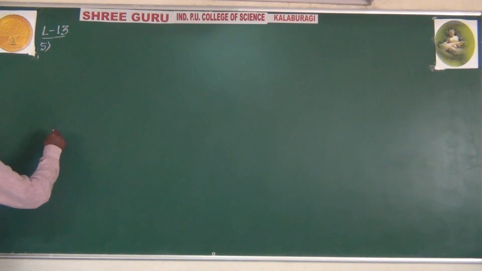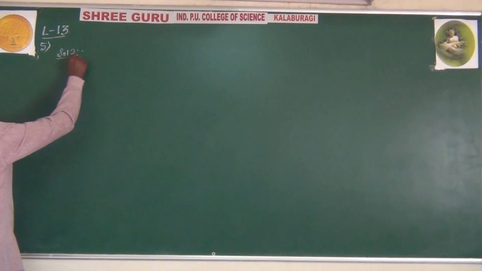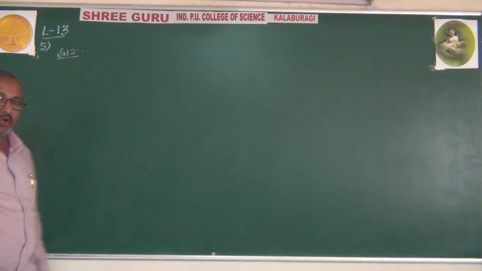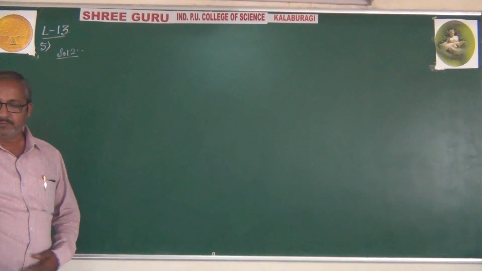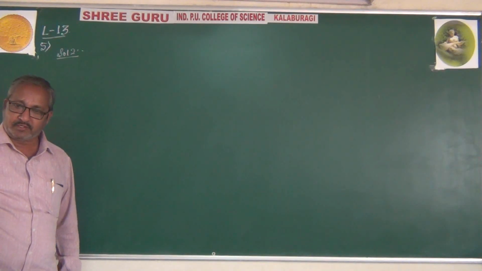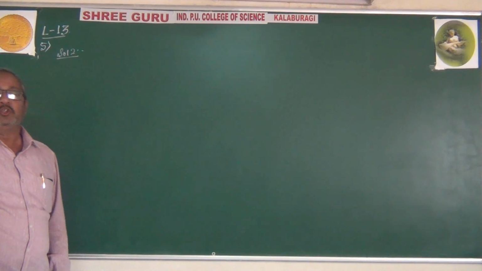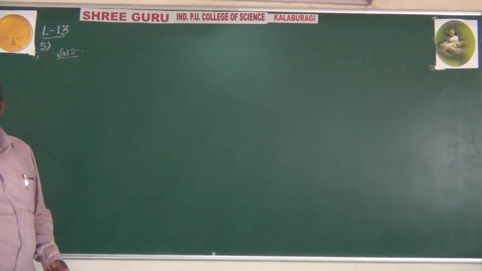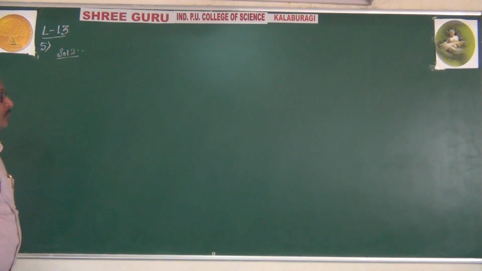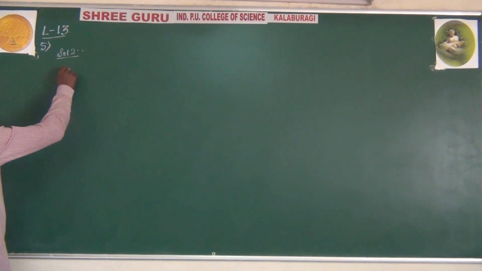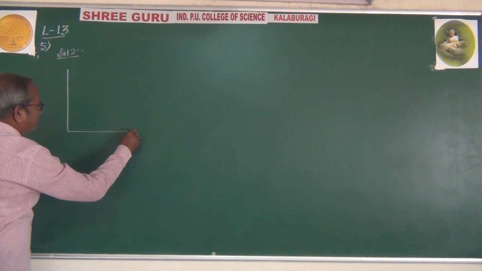Suppose, for example, we will do this by 2 methods. One is by graph, plotting the graph of position against time. Even though the position-time graph is not in your syllabus, it is deleted only for this year, a few numericals and CET questions they may still ask, so for that purpose I gave it. First I will show you by the graphical method. This is the graph which is plotted.